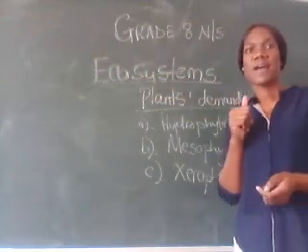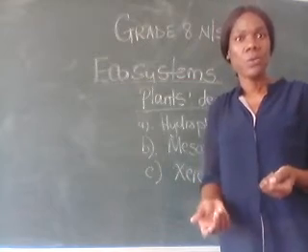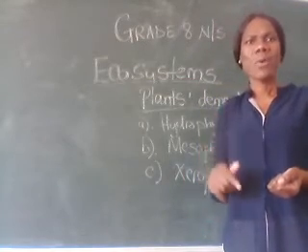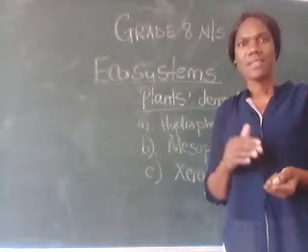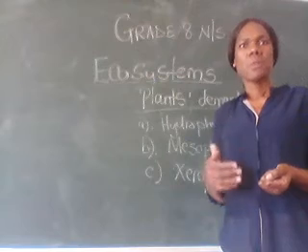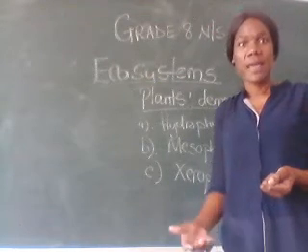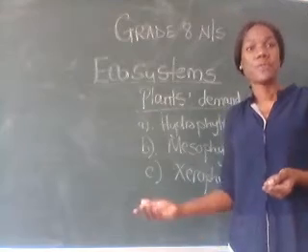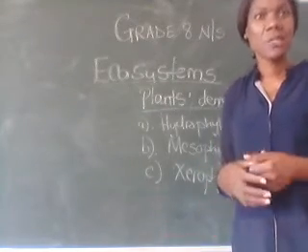remember we said that plants are autotrophs. They make their own food. So plants require water in order for them to survive. Plants cannot survive without water. So plants need water for survival. There has to be water for photosynthesis, and also plants do not have a skeletal system.